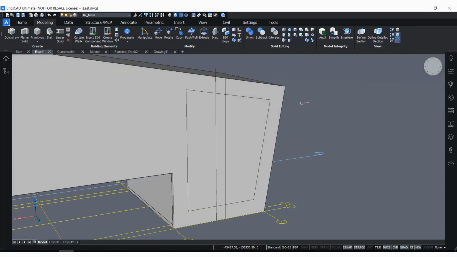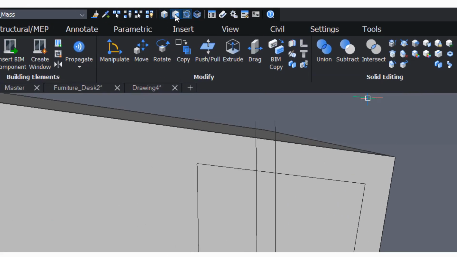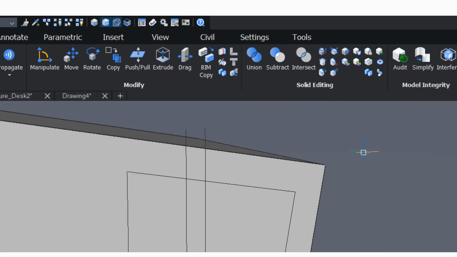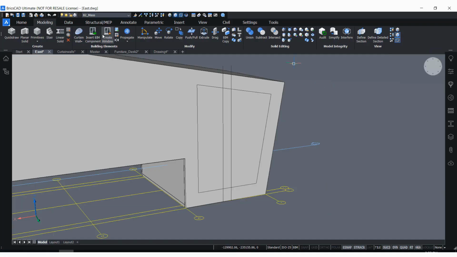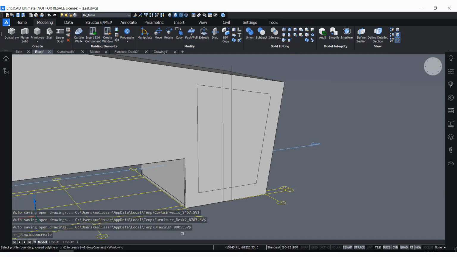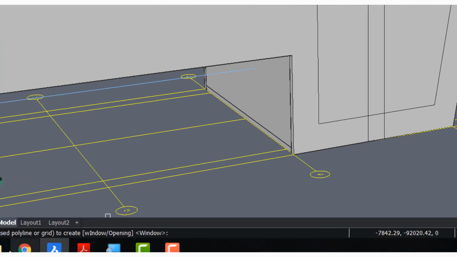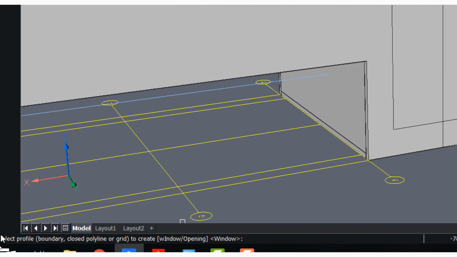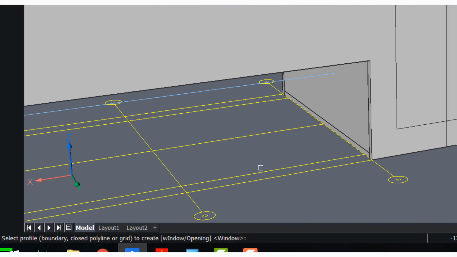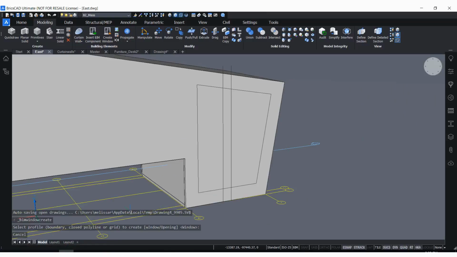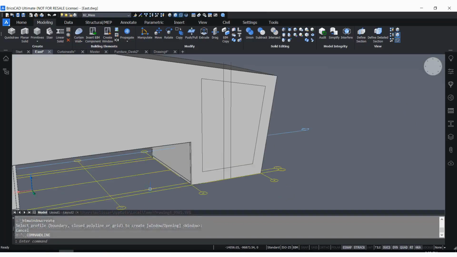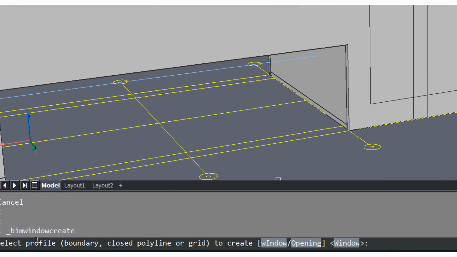Just going to orbit here for a second. Right now my selection mode is, I'm going to also zoom in so you can see, I have face and boundary mode on. So if I click right now on create window, it's going to prompt here on the command line. Maybe, you know what, I'm just gonna exit here for a second. I'm gonna escape and I'm gonna bring my command bar so it's a bit clearer for everybody. So once again, create window, and here